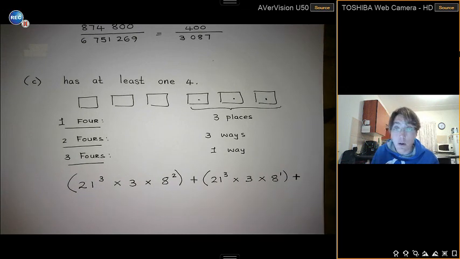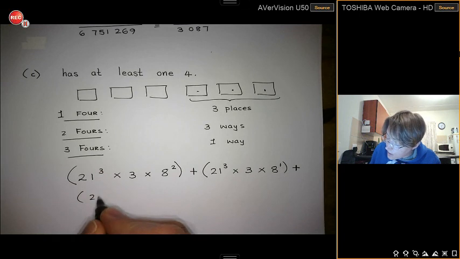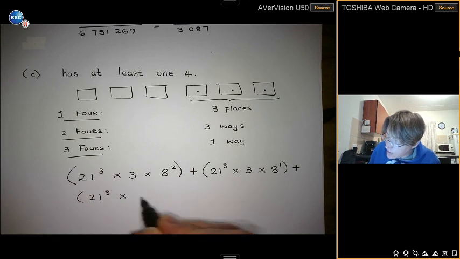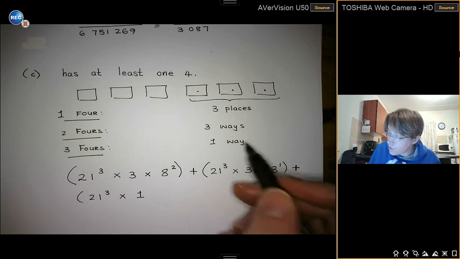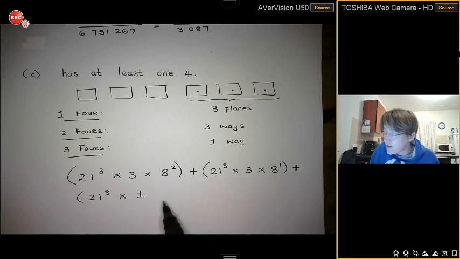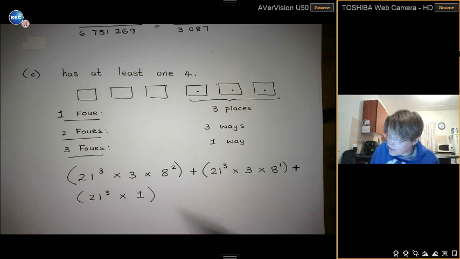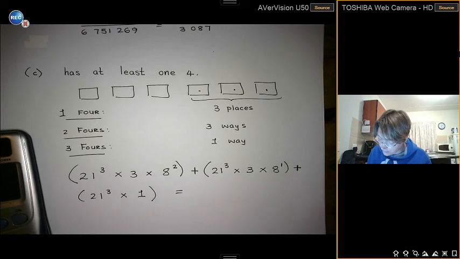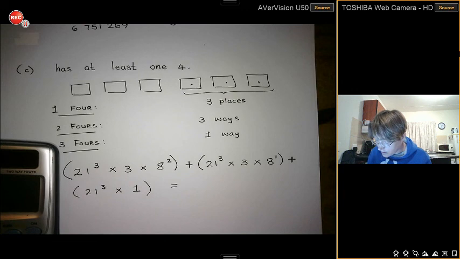Plus, and then the last one, hopefully you're seeing the pattern here, is then 21 to the power of 3 times 1 way to put all those 4s. And then if I've put all those 4s down, there's no longer place for any other digits. So that means I'm not going to multiply by anything else. That's it. So if I do this one then, let's see what I get. So that plus 21 to the power of 3 times 3 times 8 plus 21 to the power of 3 times 1, which is just 21 to the power of 3. Then I get